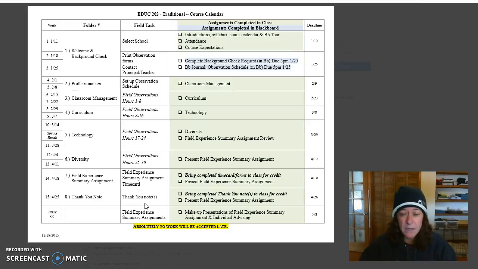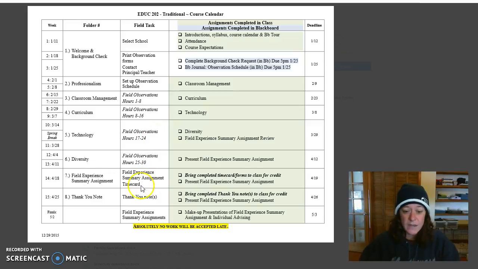So if you're going to do that format, there are benefits to seeing the school day from 8 a.m. to 3. I tend to like a 2 or 3 hour chunk at a time better. A 3 hour chunk is really good because it gives you enough time to get comfortable there. So you do 2-3 hours a week for 5 weeks and you're done. That's what I have set up here, but you can slice and dice it however you want, whatever fits your schedule. I would try to stay away from always observing on a Friday.